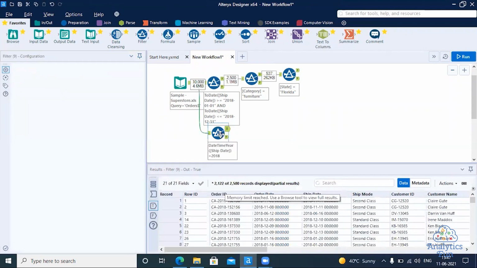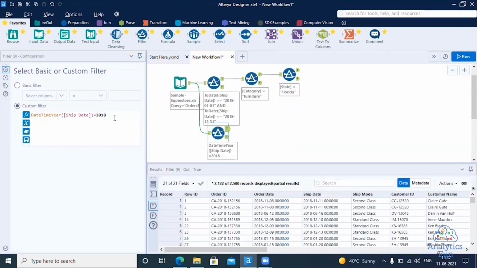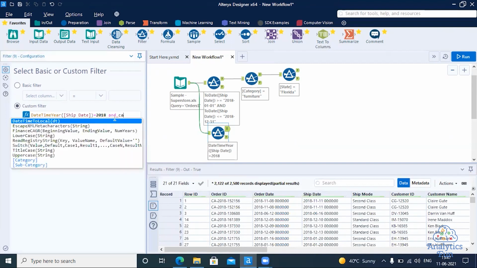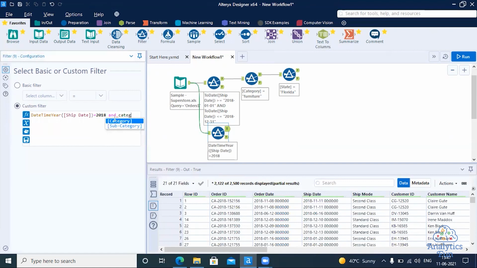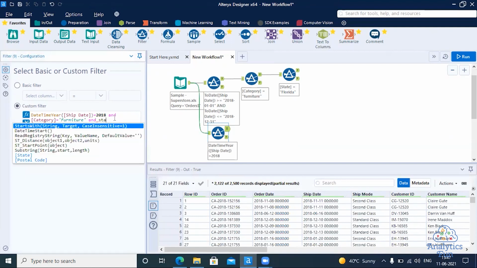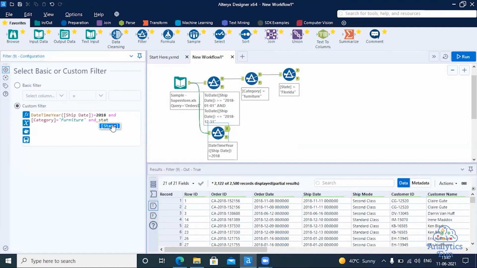We have 2,500 records. We can use an AND condition and category equal to furniture, and another AND condition, state. You can press Tab to complete, it will autocomplete.